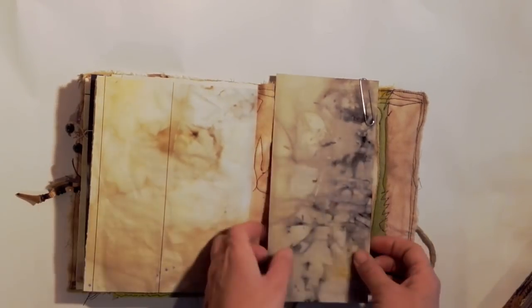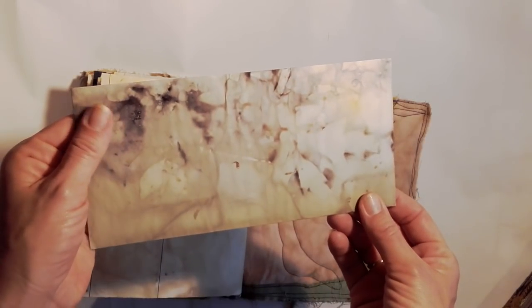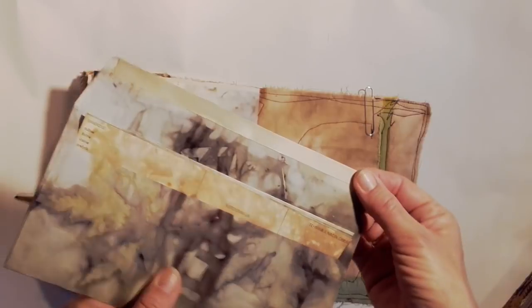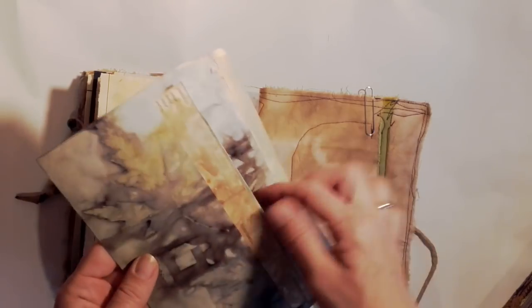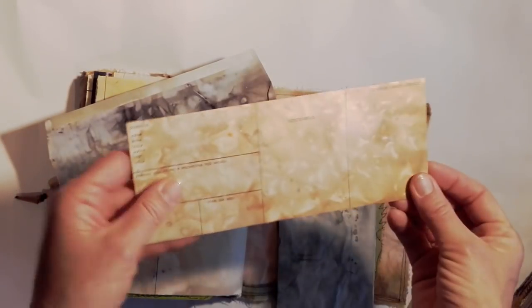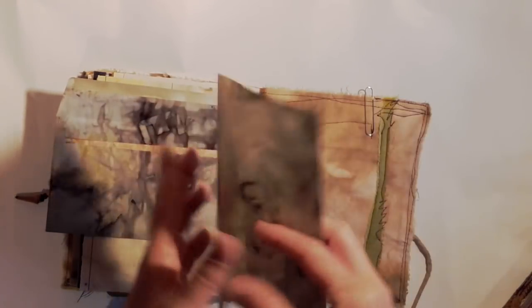Vintage papers, and in the back I added this eco-dyed envelope. It turned out really gorgeous. And this time I just glued down a piece of cardstock to this sticky part, so it's not sticky anymore. And you can see it just turned out so good. And then another eco-dyed cardstock piece there for you to write on, and just another piece of